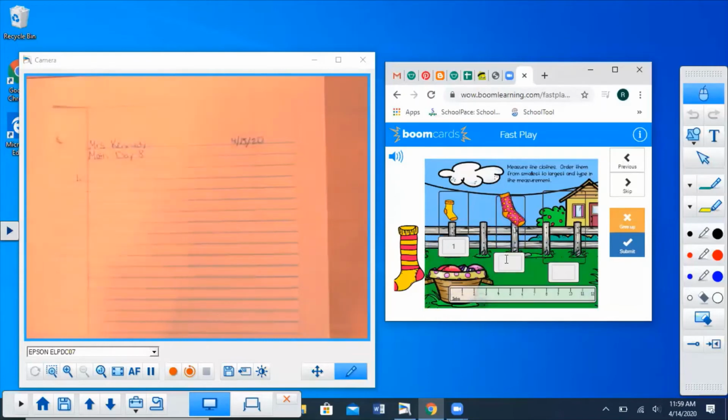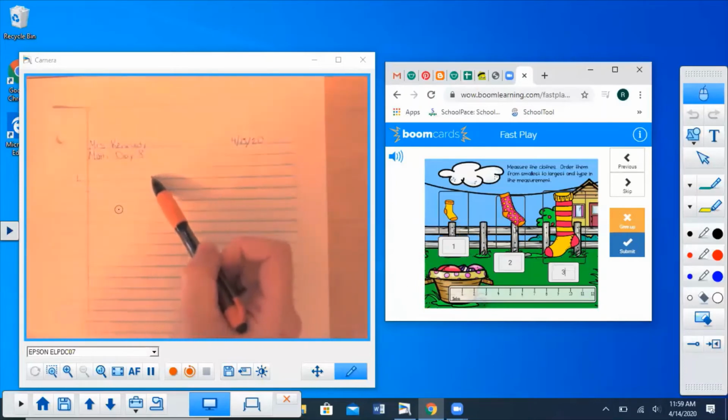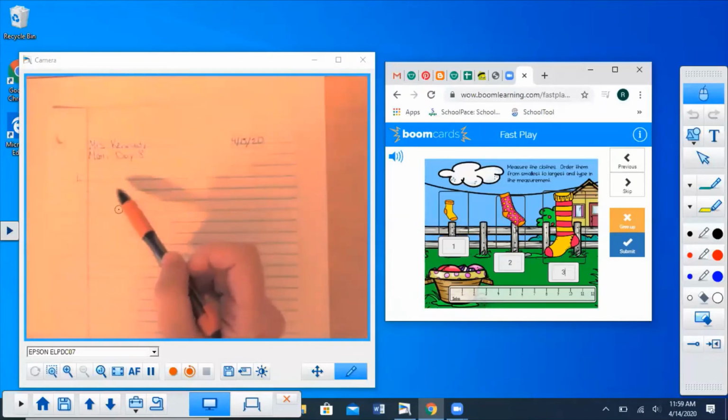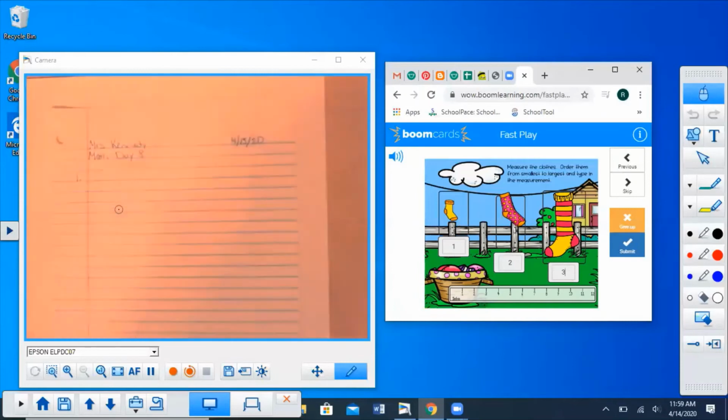I don't. 2. So we're going to type in 2. And then this last one, double check. All right, so how many was that? Nice work. So now for your paper, you need to do exactly what we did with this, but we're